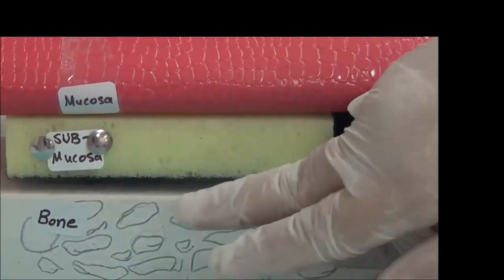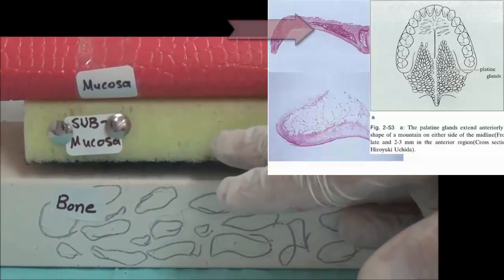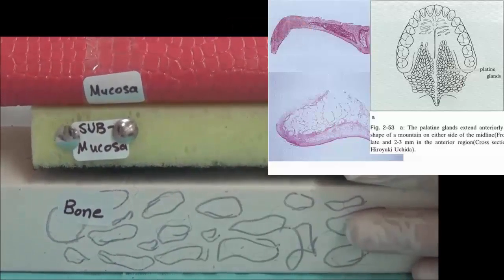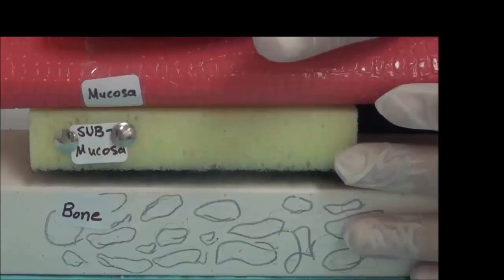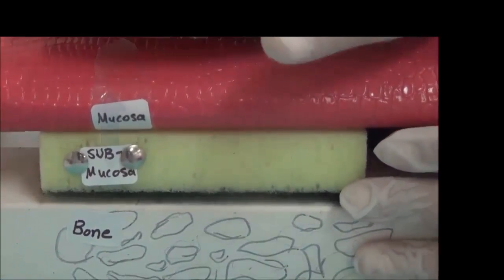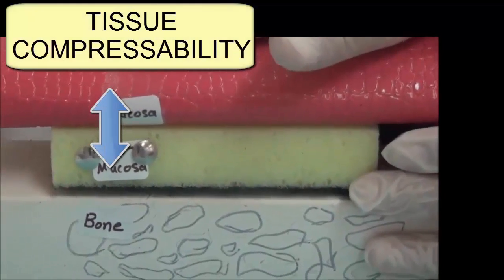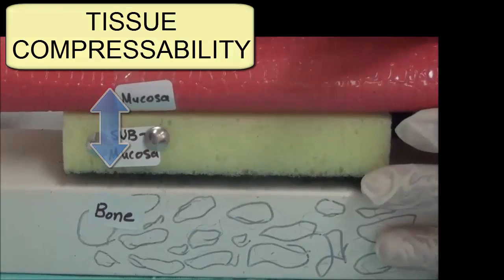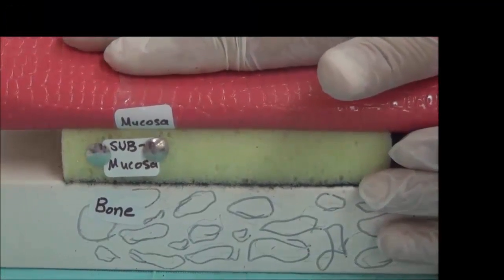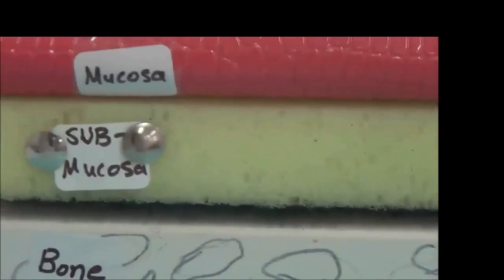We know that underneath what we see in the patient's mouth, there is bone. We have a submucosa and the mucosa layers. By nature, these layers are compressible. They have some flexibility. We can compress them, and they change in location. So when they are resting, they have a position, and once under pressure, they maintain a different position. This is called compressibility of the tissue. If I bring a tray